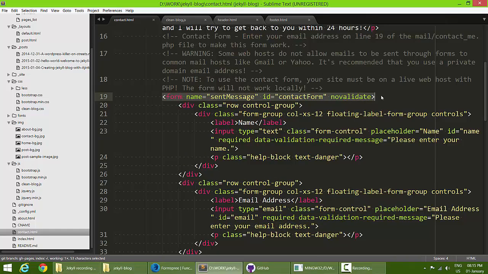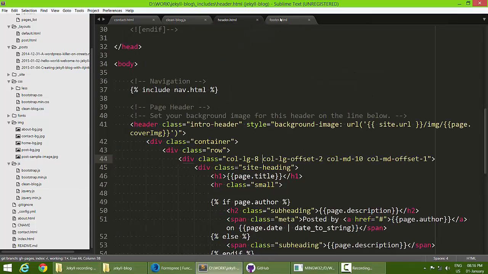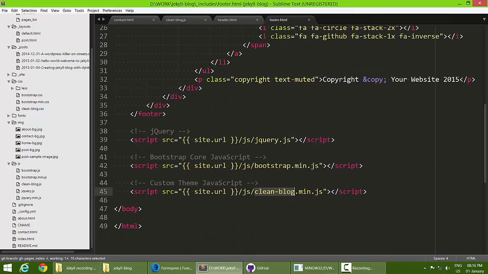You can go ahead and add that, but we are going to use an Ajax form, which is very neat and gives us more control of our page, so that's why we are going to link this JavaScript to the unminified version.